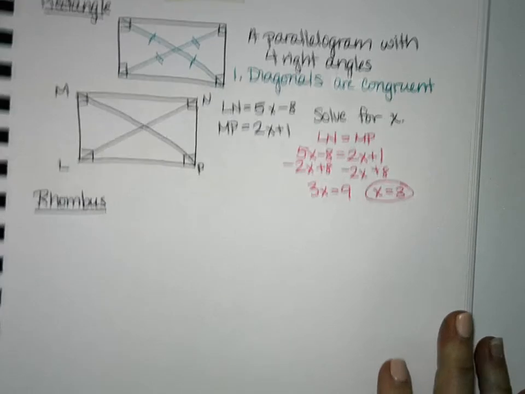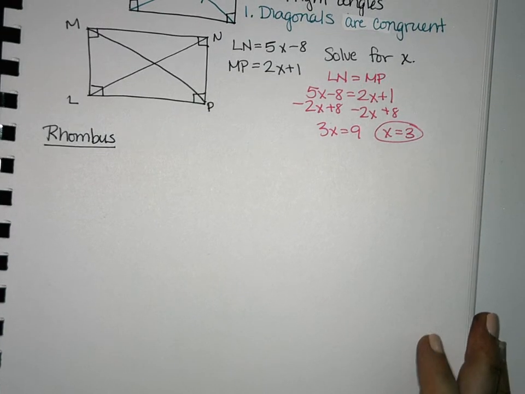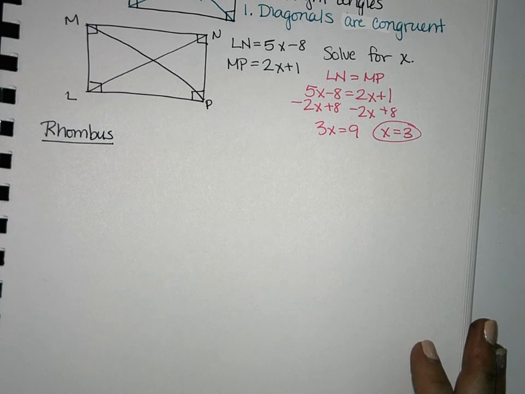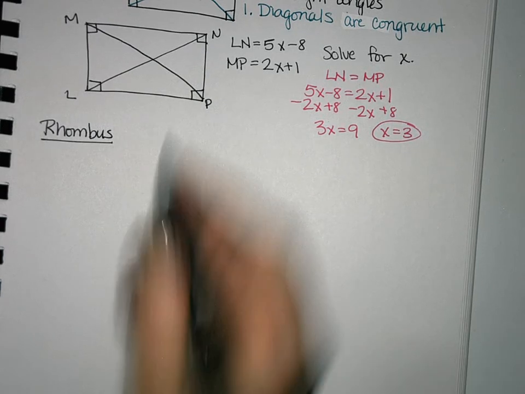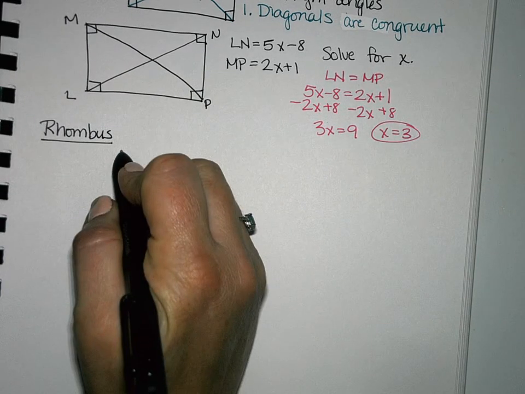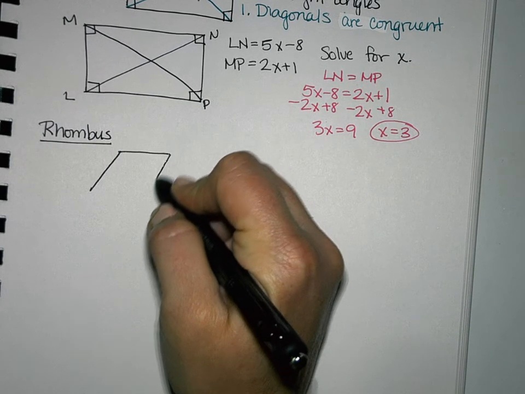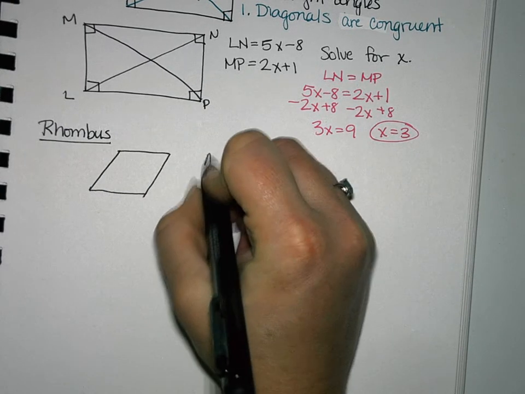So when I'd asked you earlier what you knew about these, no one really mentioned much about a rhombus. Has anyone seen a rhombus before? Okay, a rhombus, similar to a rectangle, it is a parallelogram